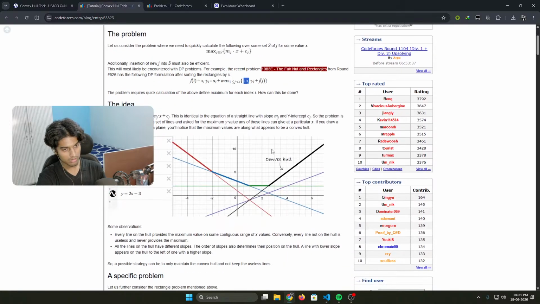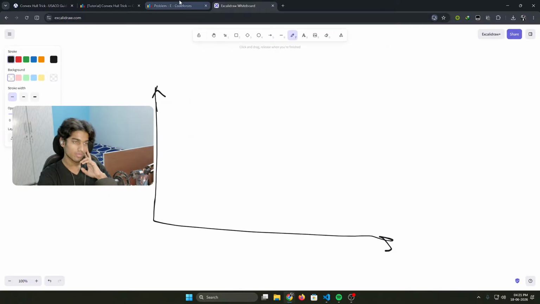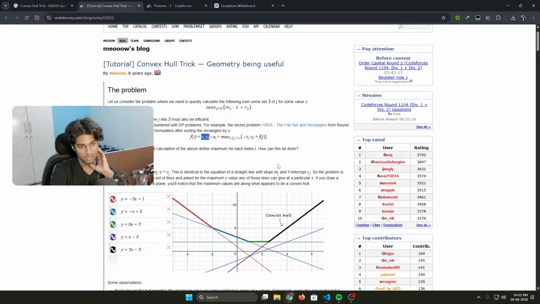This is how we do it now. So we have to maximize this. This is the whole area, but